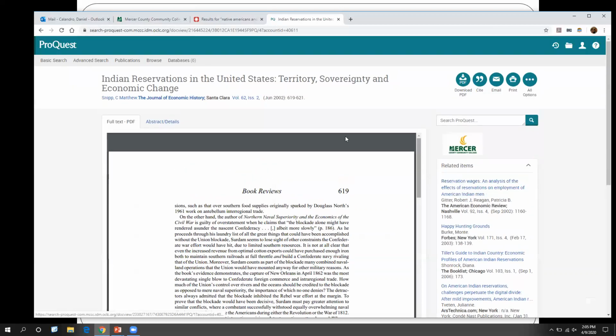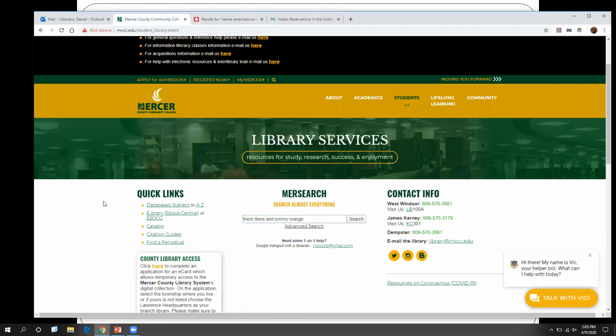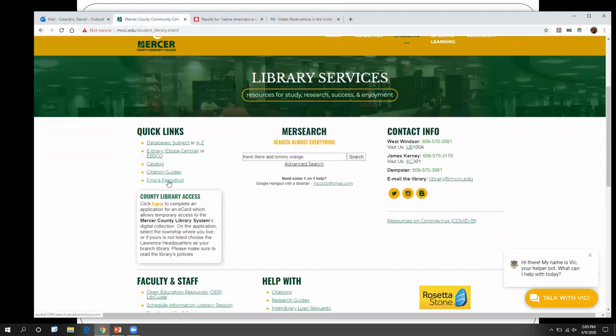One of the other things that may be helpful is this. You may want to see if you can see how this periodical is fairly specific, Journal of Economic History, and you can see here, Economic Review, okay? What you can do is you can go ahead and if you click here where it says publications, or if you go back to the main library site, see where it says find a publication?